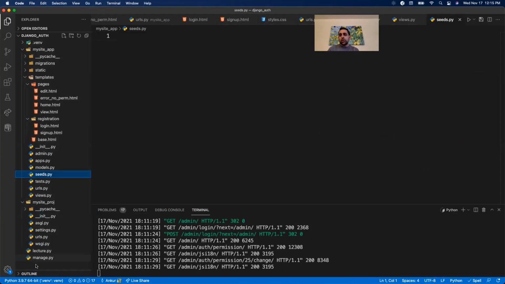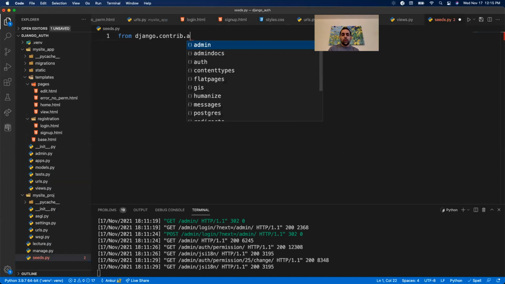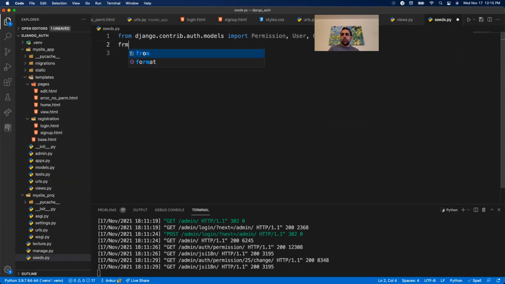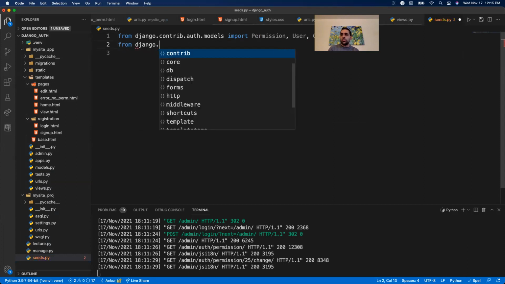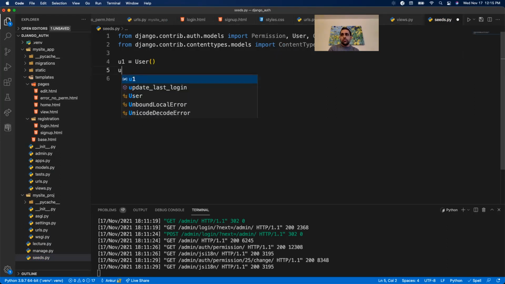Essentially you need to import, from django.contrib.auth.models, permission, user, and group. These are the three things we're working with. You also need to import ContentType, that annoying content type. I'm not going to deal with content type, but for the most part, you can just create users just like we're doing. So I do user1 equals User, give it a username